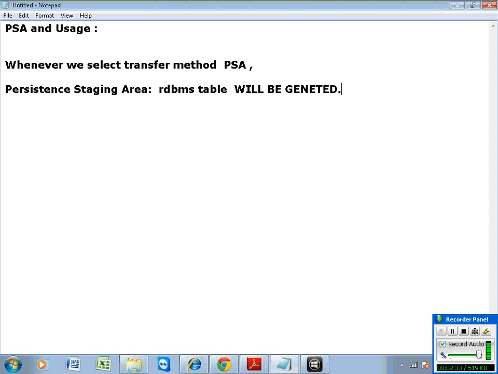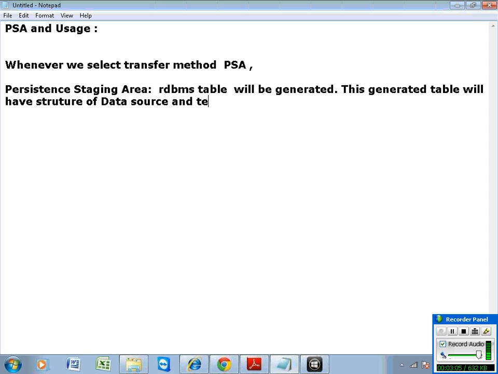So, the RDBMS table will be generated, and the generated table will have the structure of the data source and technical fields.